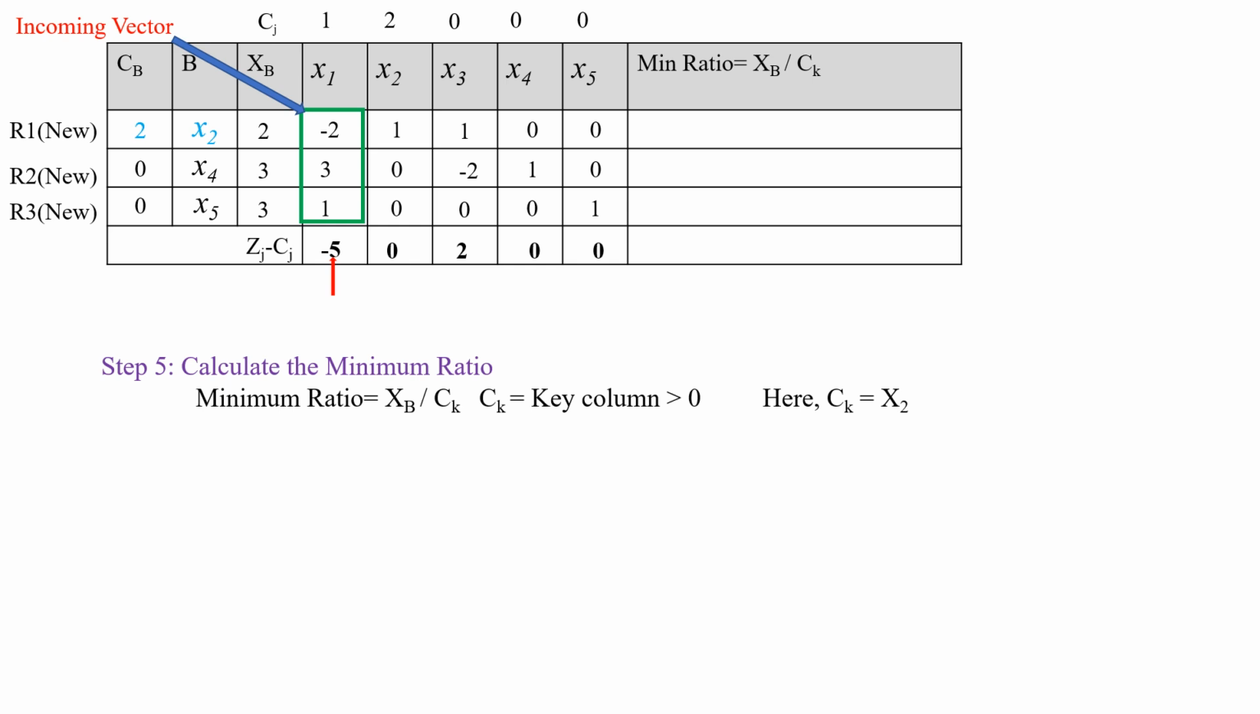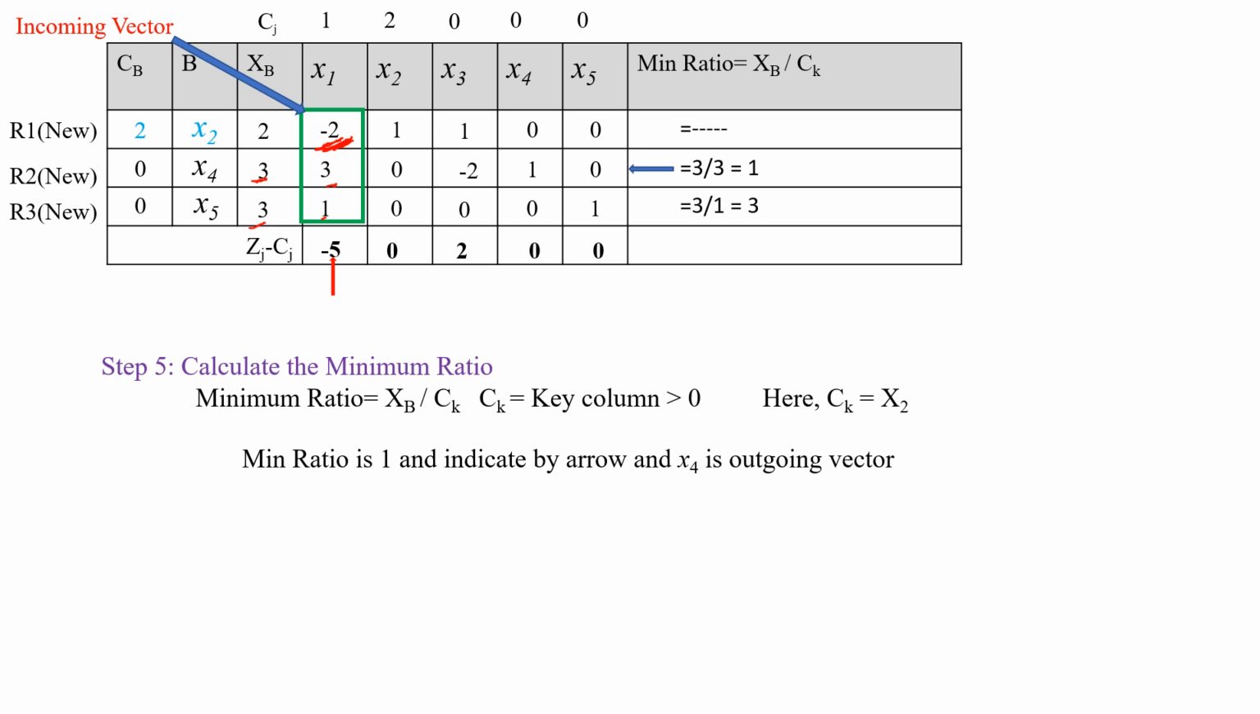So next we have to determine the minimum ratio. For the first row, that is the x2 row, we are not doing xb by ck value, because the ck value has a negative value, minus 2. Next is the second row. The xb value is 3 and the ck value is also 3. So 3 by 3 it is 1. Next one is 3 by 1, it is 3. So the minimum value is 1